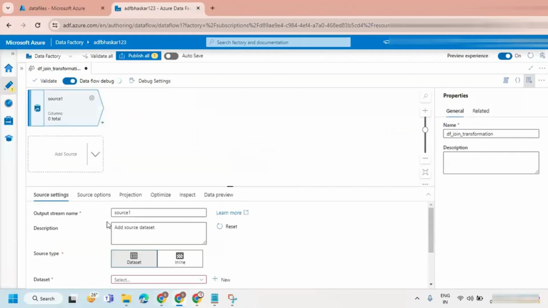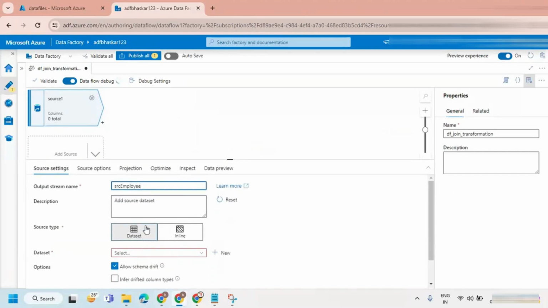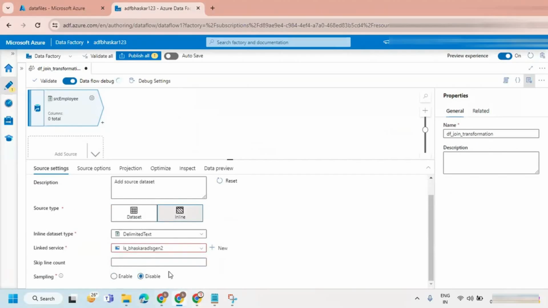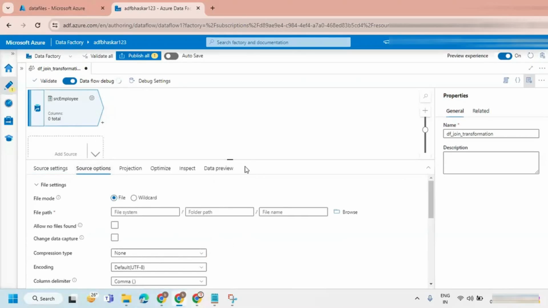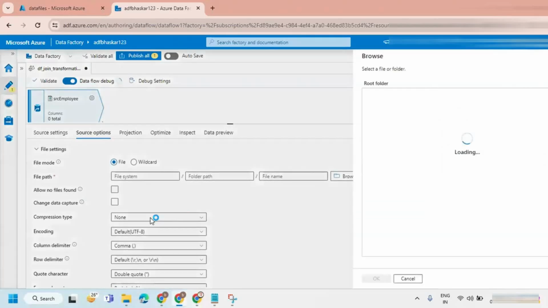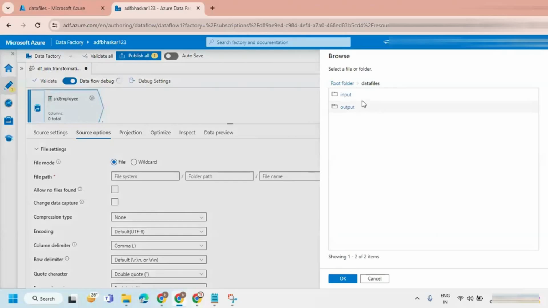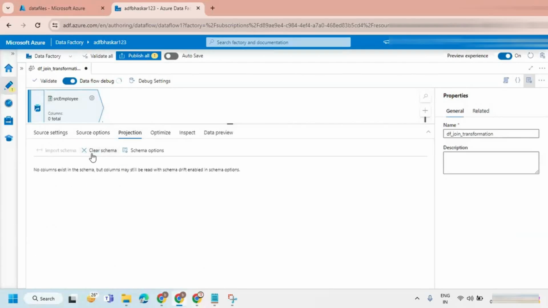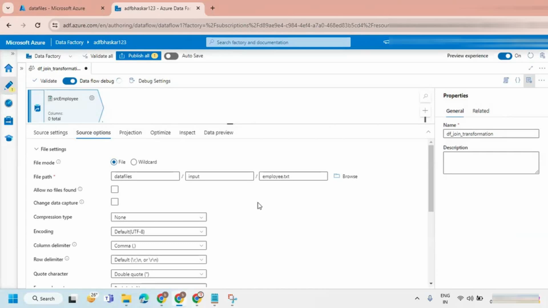Let's add a source. Source is SRC employee. Delimited text. Let's take a linked service. Let's browse the file. Data files, input folder, employee.txt. Go to your projection. Something is missing still.